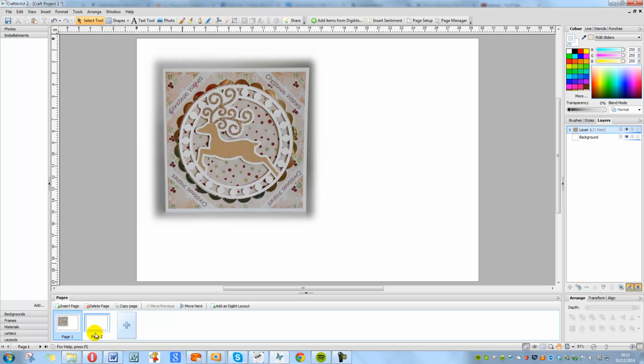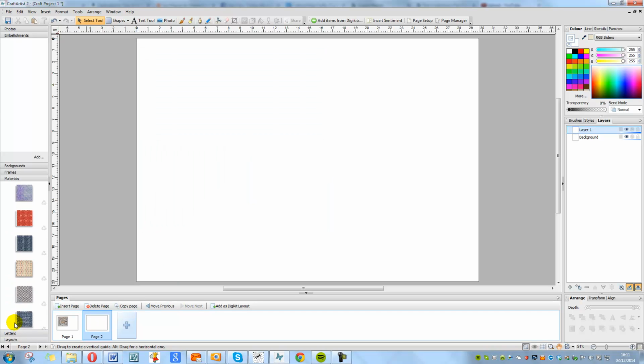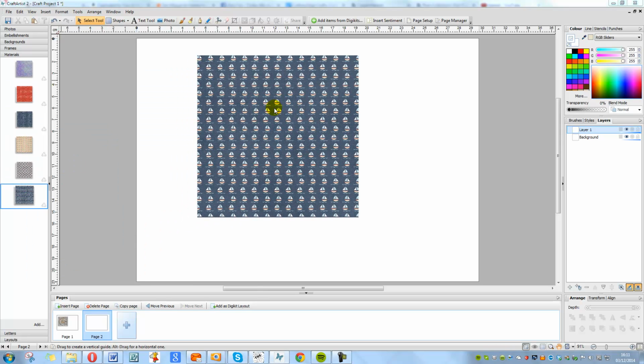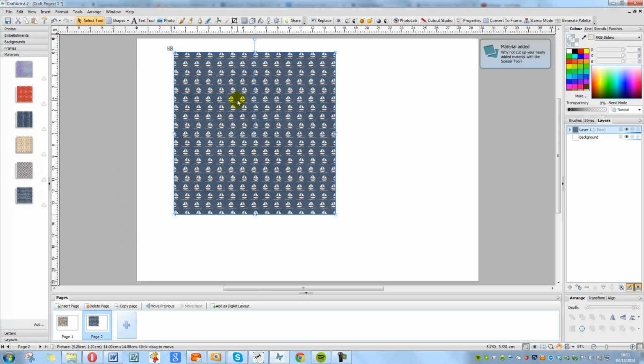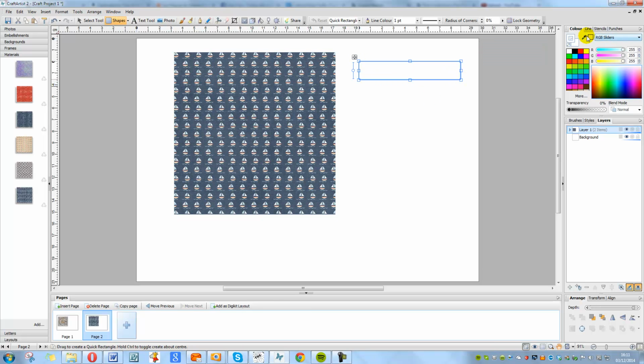how I did that. Let me find a piece of material, and there we go, something with a fair amount of pattern on it. How I did it then was to go into shapes and choose the quick rectangle. Draw your rectangle, make sure that your outline is a colour at this stage, else you won't see it, and just make it the size that you want it to be,